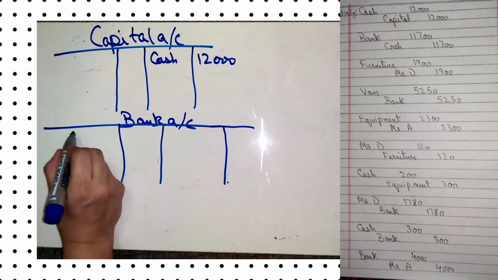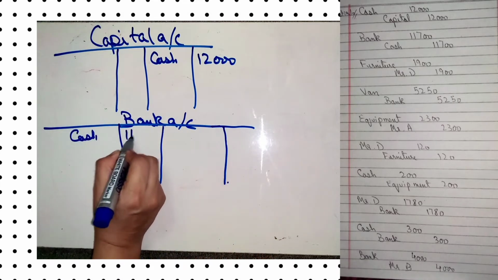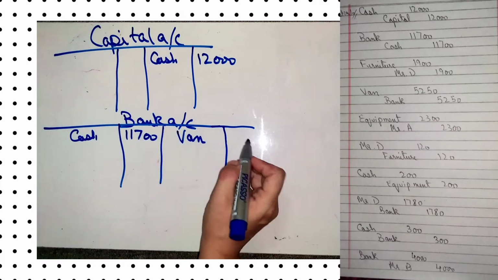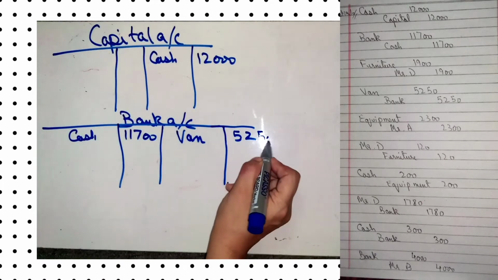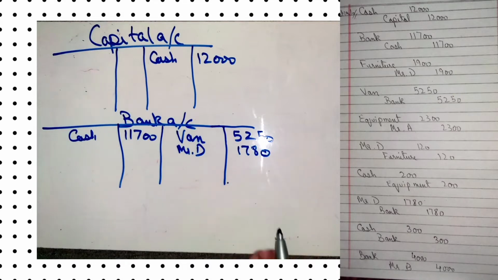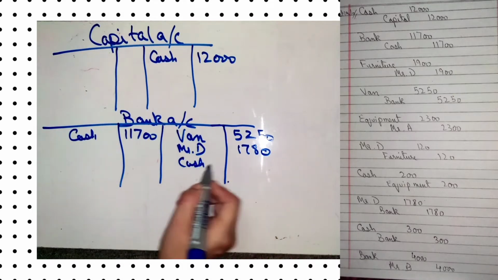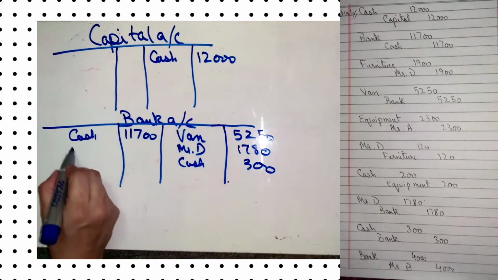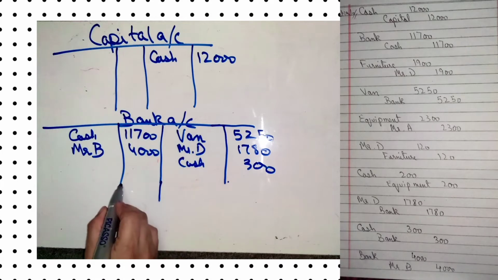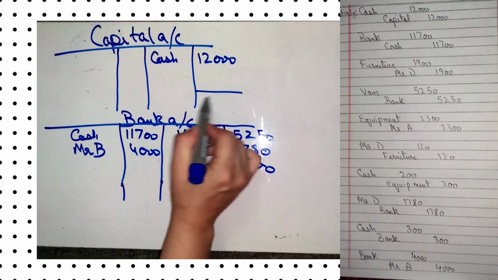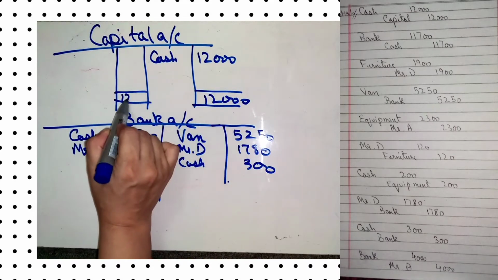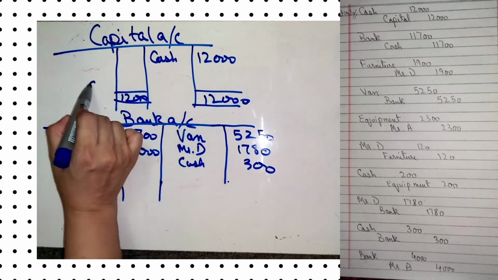Then comes the bank account. First of all, bank cash 700. And then comes the van, which was for 5,250. Mr. D, which was for 780. And cash 300. And also Mr. B 4,000. Now this is the most important thing. We will write balance carried down